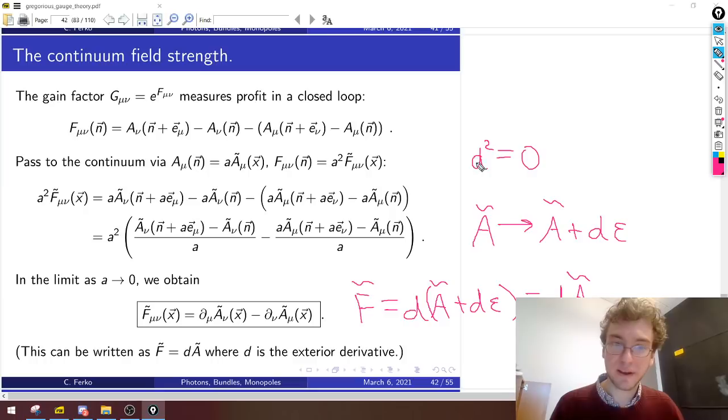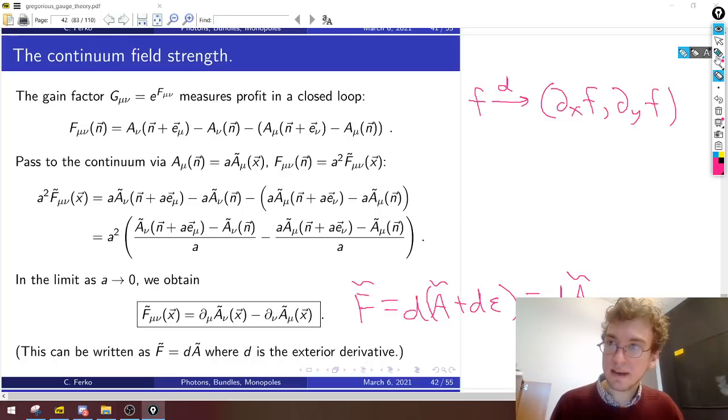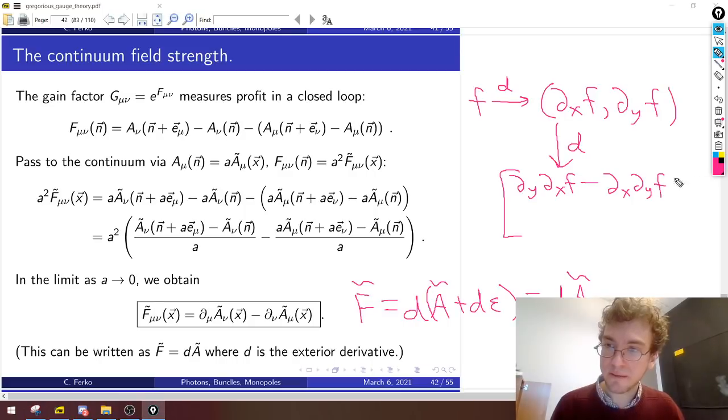So the reason why d squares to 0 is basically because if you imagine taking a function f, and then I hit it with d, then this is like some vector. It turns a scalar function into a one form, so it's like a vector dx of f, dy of f. But then when I take d again, taking d again is now taking some antisymmetric combination of derivatives. So like one entry of hitting it with d again would be dy of the first component, so dy dx of f, minus dx of the second component, minus dx dy of f. So one component of the d squared acting on f would be this guy, but this thing vanishes because the